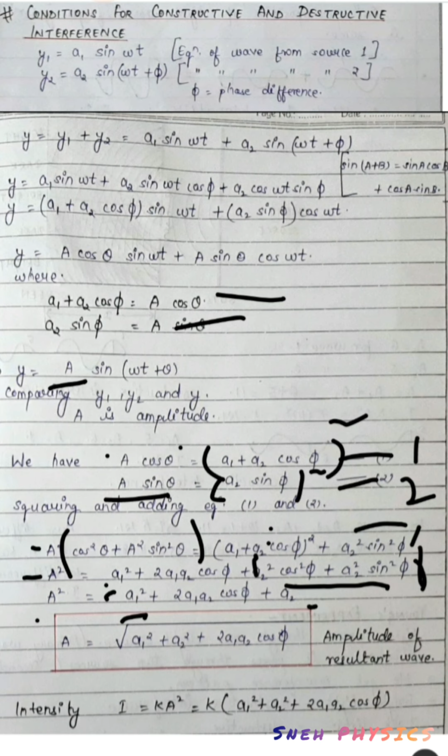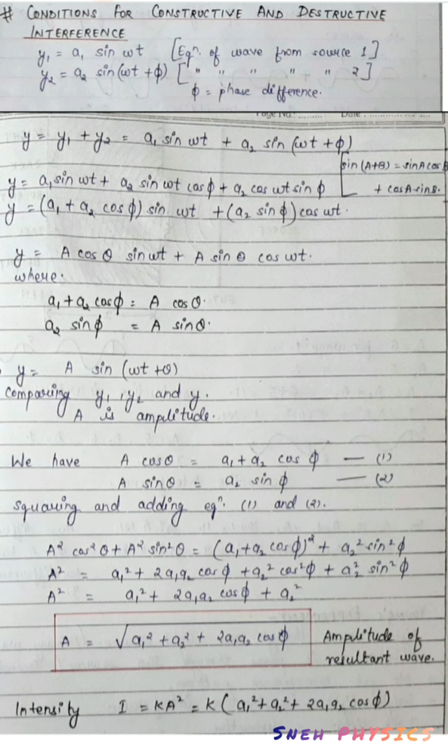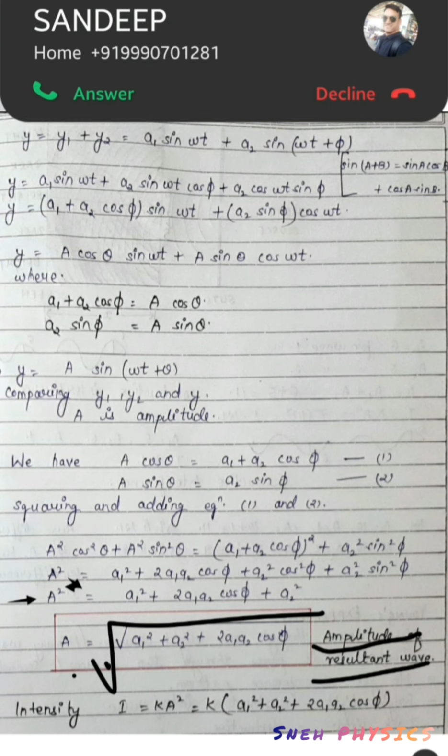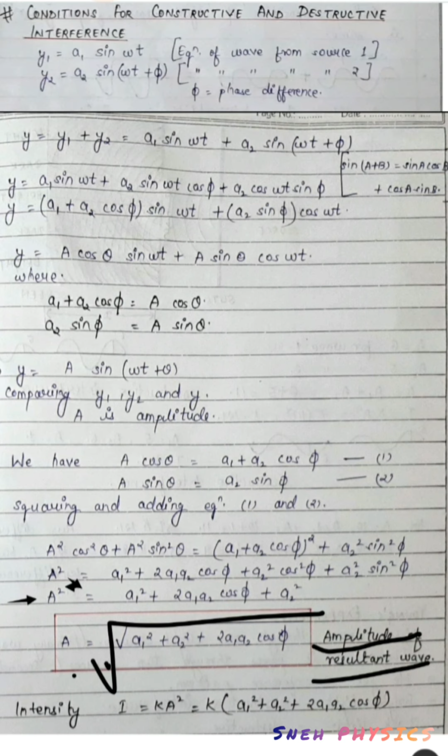So we finally get A square equals a1 square plus a2 square plus 2 a1 a2 cos phi. To find the value of A, we remove the square, so we put an under root here. So this is the expression for the amplitude of the resultant wave. Now intensity,